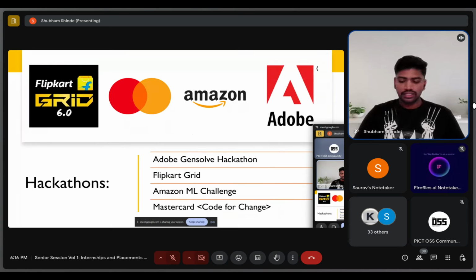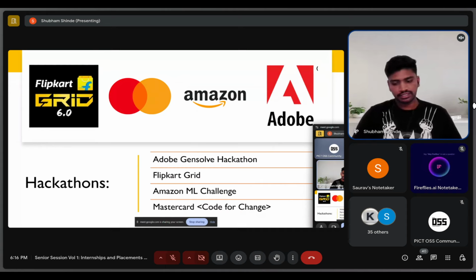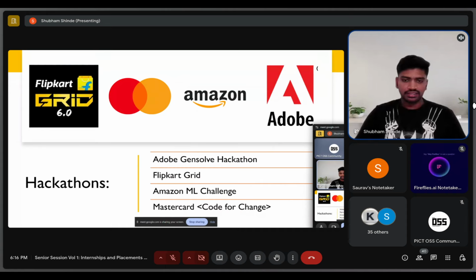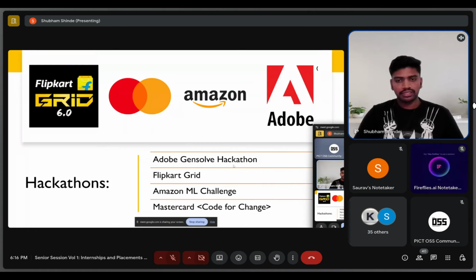The Adobe Gensol hackathon is conducted during the July and August period, and their problem statements are quite challenging. At my time, they asked about curves, and this year they asked about PDF. Their problem statement varies year by year, and they started conducting hackathons only last year. So we can't say what Adobe's hackathon domain will be next year or how they will conduct it. Last year the name was Adobe Gensol, this time Adobe India Hackathon. So they have just started.